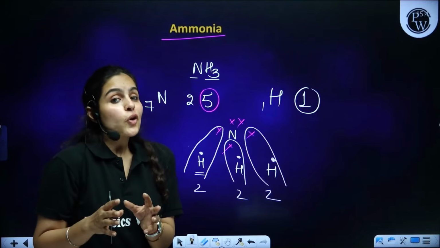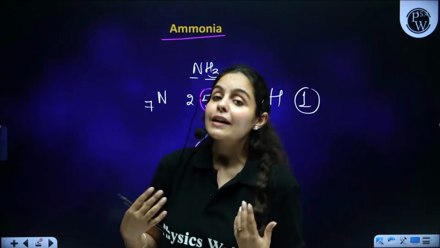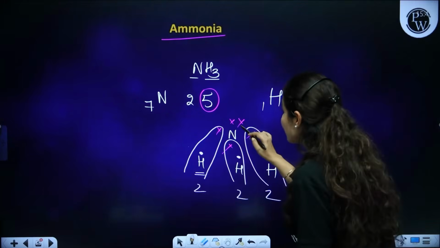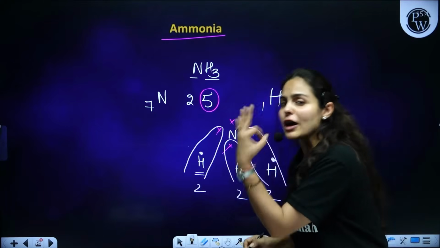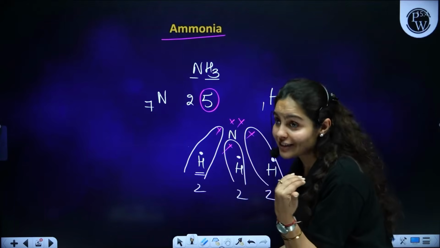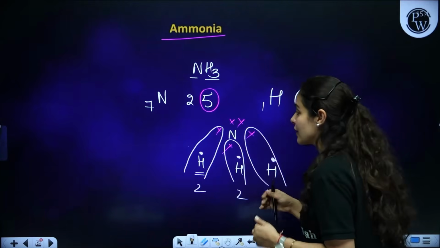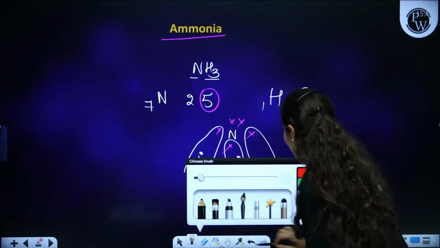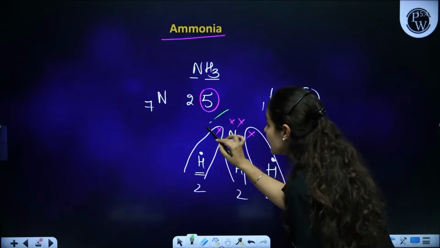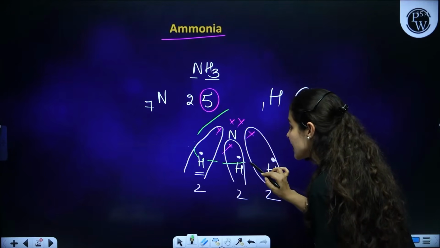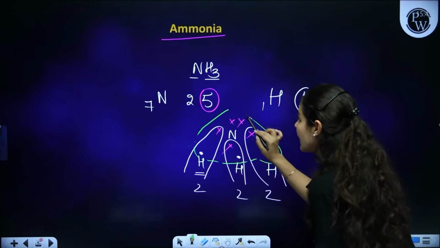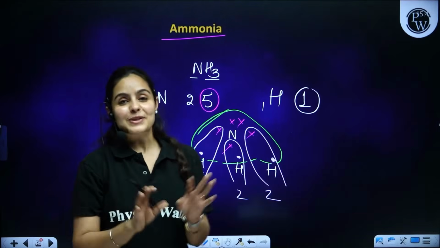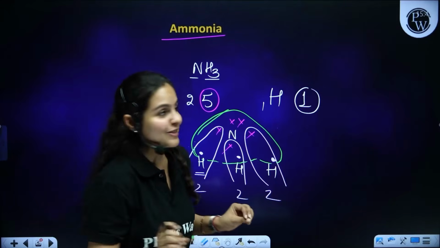Now, nitrogen wants to complete its octet, and that can happen once it shares electrons too. So it already has 5 electrons, and requires just 3 electrons to complete its octet. So it's a mutual one, give one hand, take one hand. So 5 electrons are already there, then one taken from one of the hydrogens, 6, 7, and 8. So overall, nitrogen is also happy. So it's a mutual relationship now.